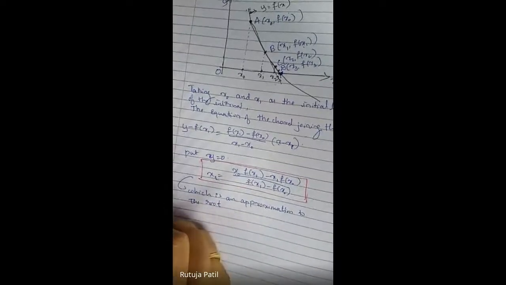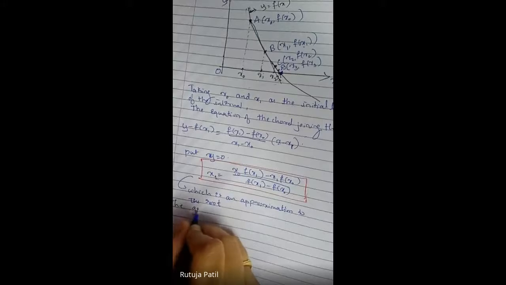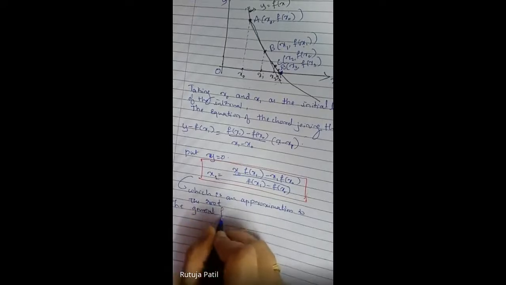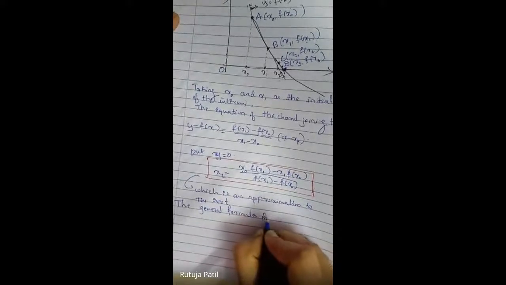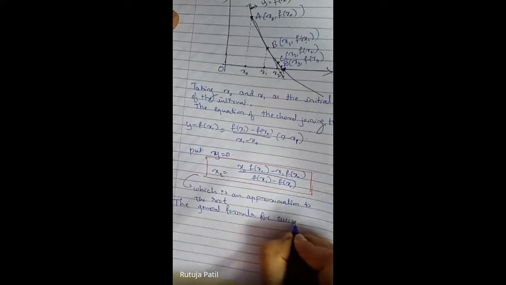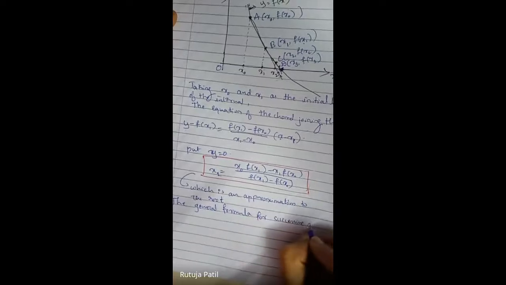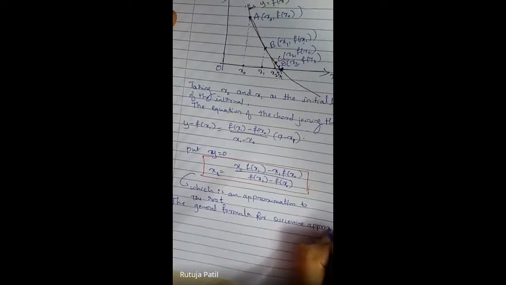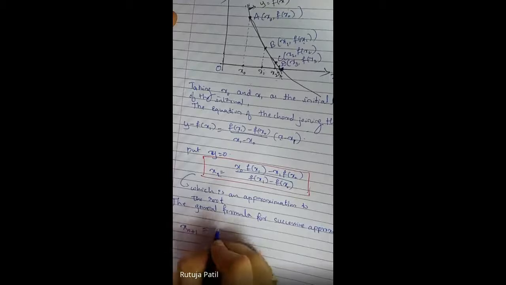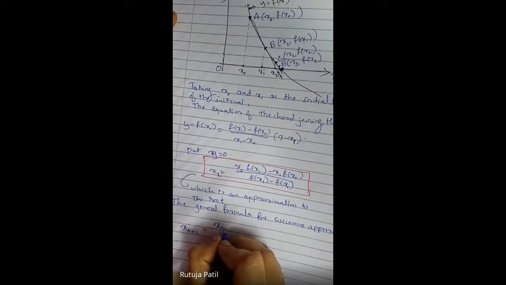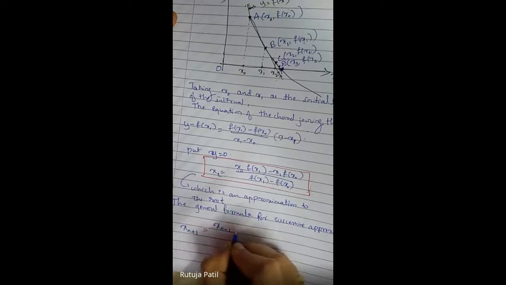Now in the general form, if we derive the general formula for successive approximation of the root, it is x n plus 1, the next value, x n minus 1, f of x n,